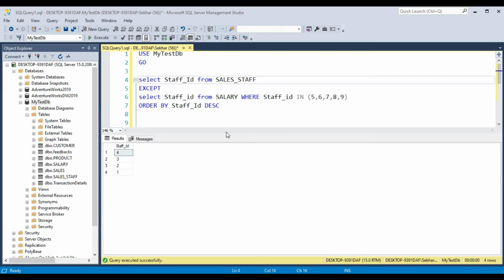And to reiterate, for union, intersect, and except, these operators work between multiple select queries. Your select query can be a simple select query or a more complex one, with multiple table joins and different clauses, such as where clauses and different filter conditions applied.